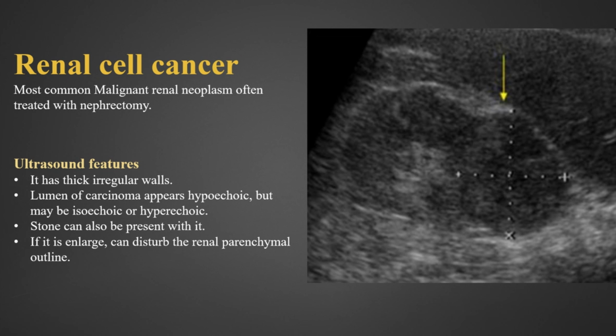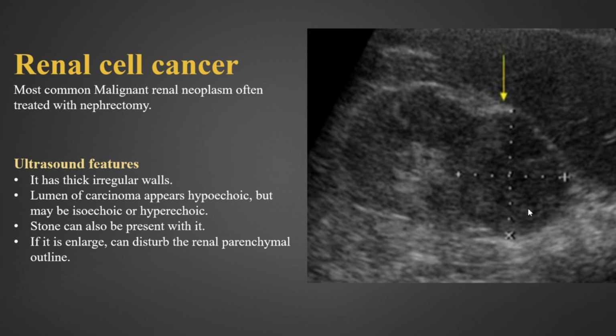And now we are going to discuss the renal cell carcinoma. It is the most common malignant renal neoplasm, and it is often treated with nephrectomy. On ultrasound, it has thick irregular walls, and the lumen of the carcinoma may appear hypoechoic but may be isoechoic or hyperechoic. The stones can also be seen within it, and if it is enlarged, then it can disturb the